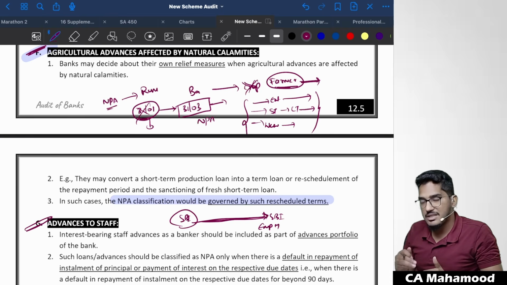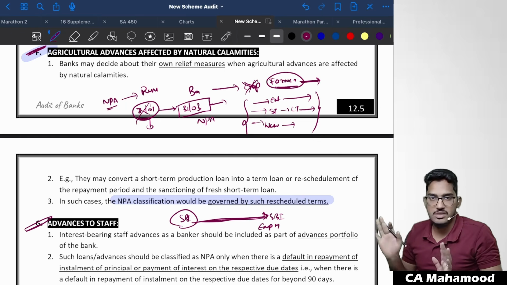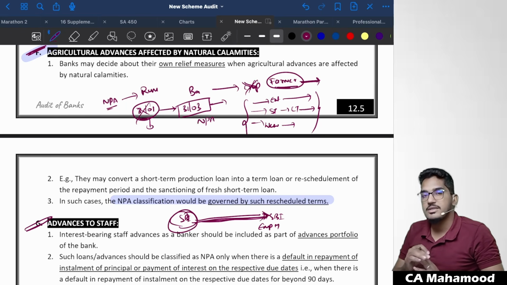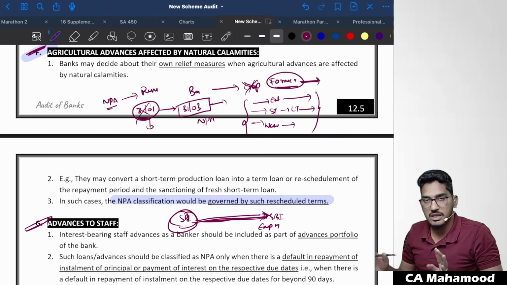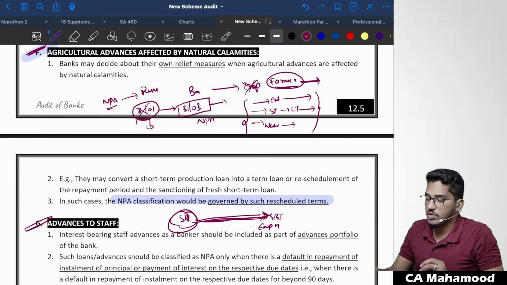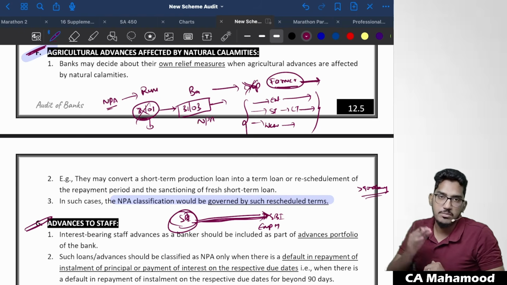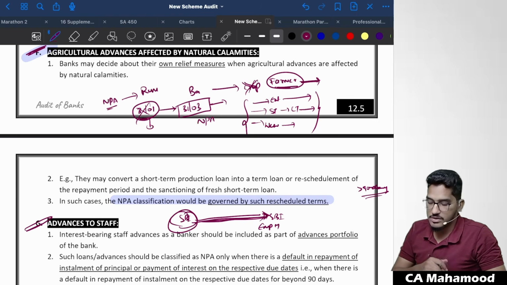In case the bank has given a loan to its employee, will there be any special NPA norms available? No. The answer is no. Even if the bank has given a loan to its employees, still no special NPA norms will become applicable. Whatever norms are applicable in regular cases, the same NPA norms will be applicable even if the loan has been given to an employee. In case of a normal housing loan, the account will be classified as NPA if it remains overdue for more than 90 days. The same NPA norms will be followed even in the case of employees. Understood? That is the summary of this G point.